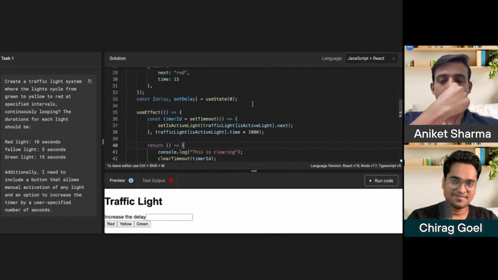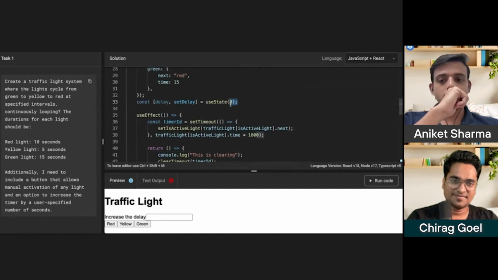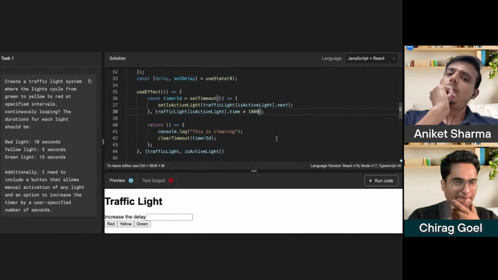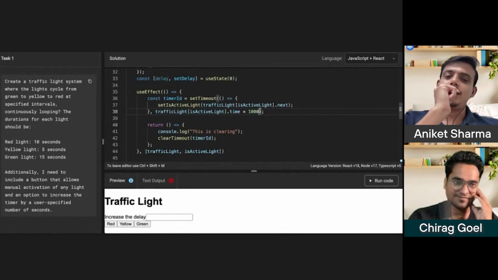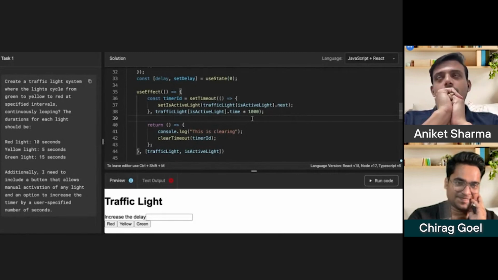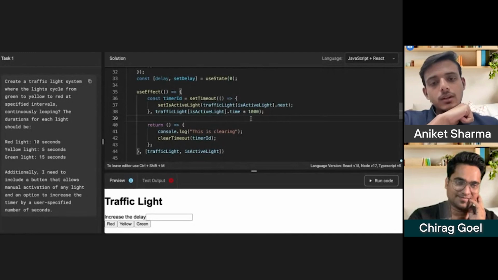Another one is what I was thinking, to track how much time has passed for the current active light and add it here. Okay, no, I can't add it here. We need to increase the timing of the set timeout, but we need to provide the timing at the initialization of a set timeout. How can we increase it?